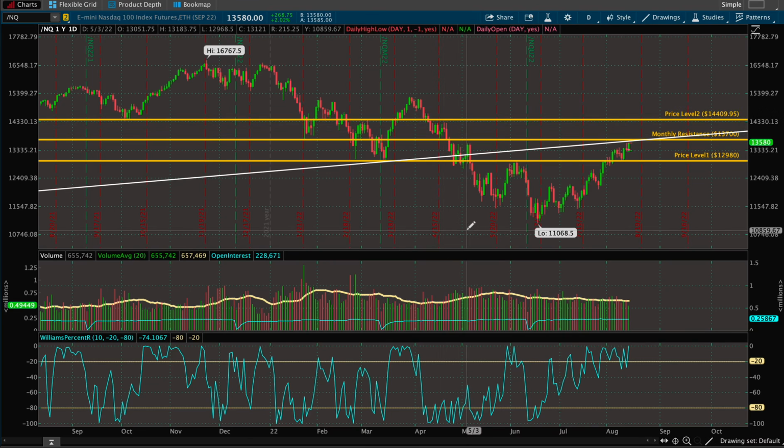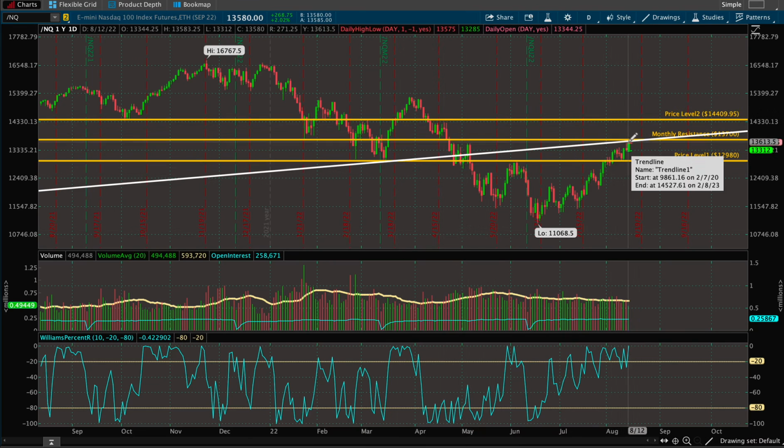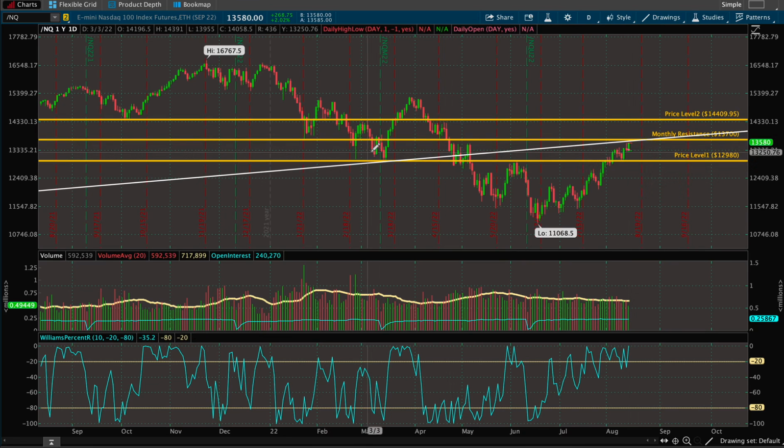So 14,410. So will I take a 13,700 short? Not so sure. The reason behind that is that pretty much all these supplies have been eaten out by the bulls. So once this is broken, it's a very weak resistance. But if the price reacts with a strong